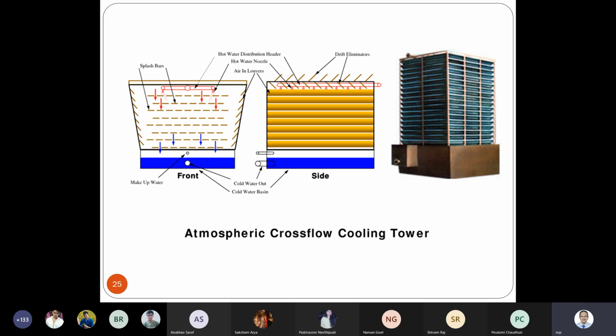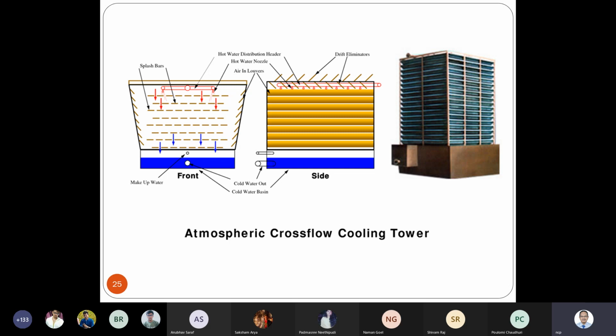So basically just note here that this is one kind of regularly packed tower where the packing material, wood grids or splash bars, are arranged in a particular fashion, in a regular way, so that we get this regularly packed tower, and then liquid is in fact sprayed on those packings, right? The contact here is that these bars get wetted with the liquid, and then air is sent through, but in this case air flows this way.